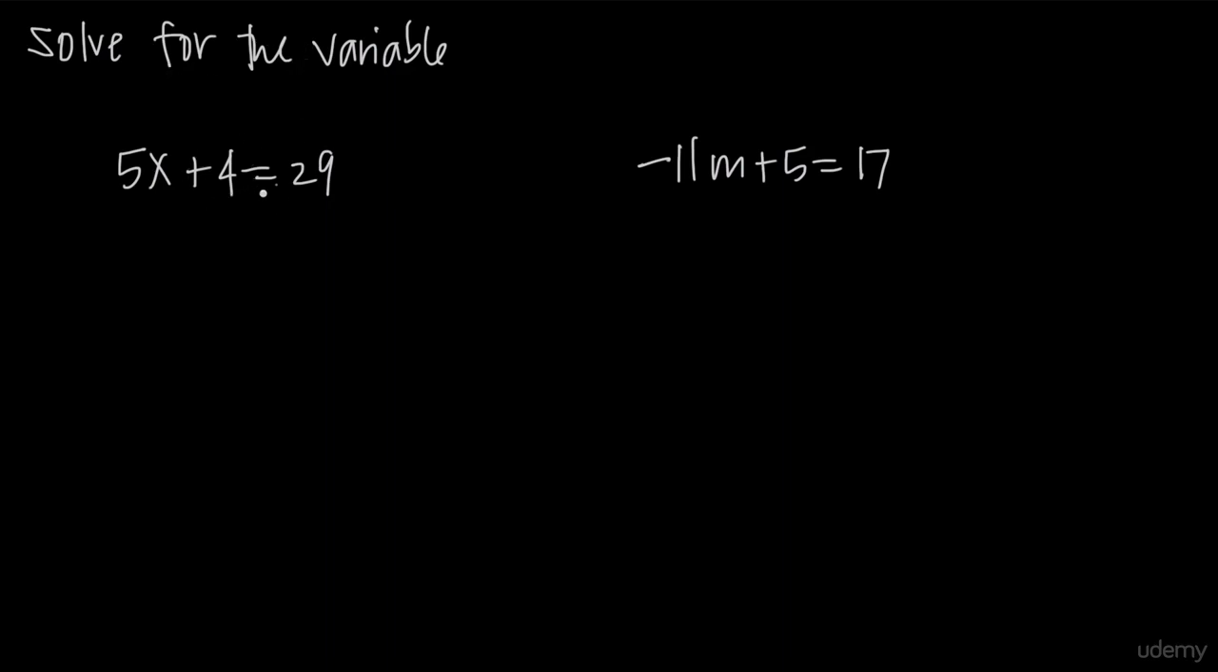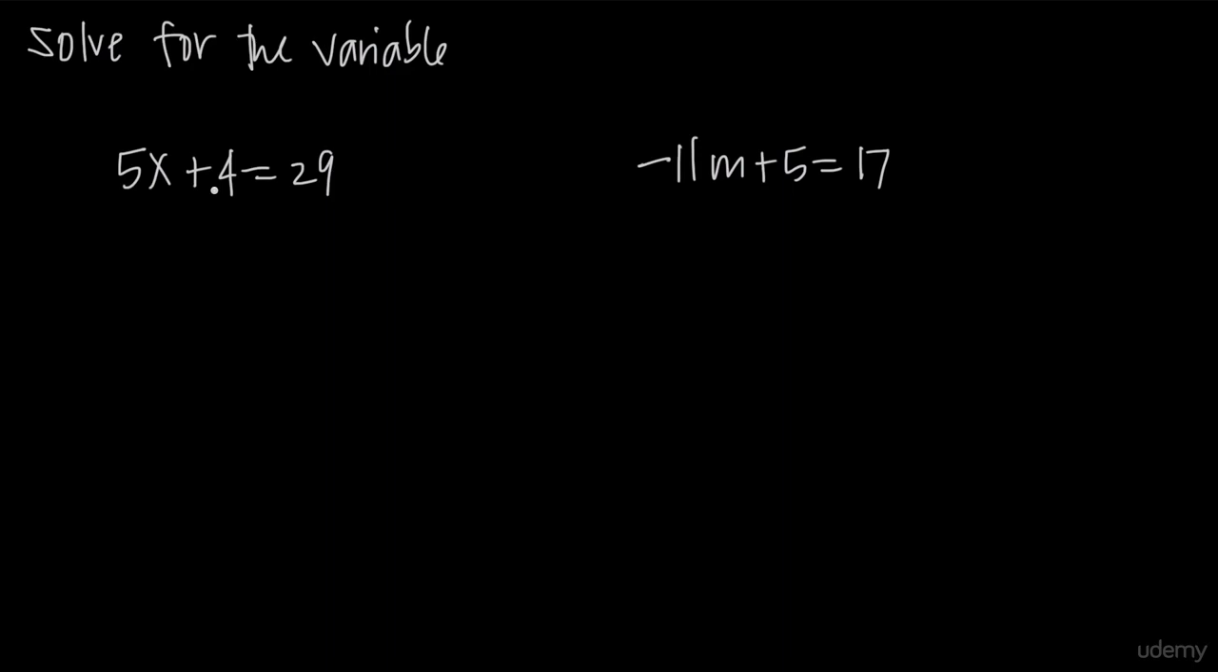We've been asked to solve for the variable, so in this first problem, we have the equation 5x plus 4 equals 29. Our variable is x, and we need to solve for x, meaning we need to get x by itself on one side of the equal sign. Right now, x is on the left-hand side of the equation, and the left-hand side is 5x plus 4. So the first thing we want to do is get rid of this plus 4,